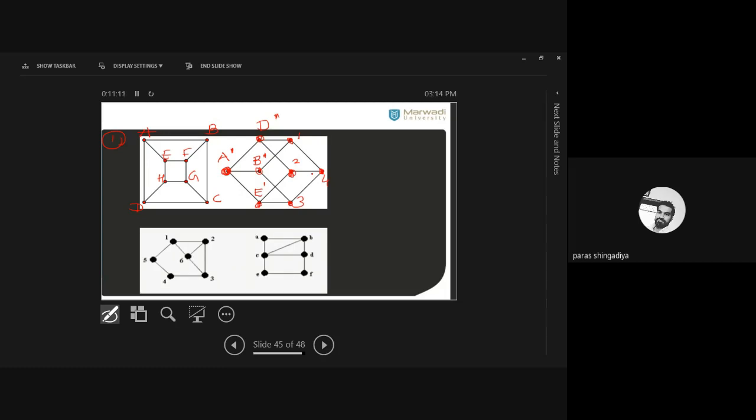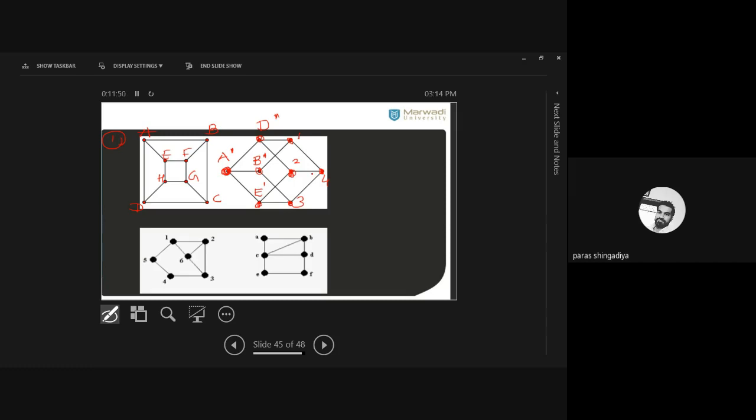Okay. So here which place can we consider? If I put C dash at the place 2, then it is not correct. Why is it not correct? Because this vertex will be adjacent with E dash and D dash, and here C is adjacent with B, D and G only. Clear? So the second place is not a suitable place for C. If I consider the third place, if I put C dash here, then it is also not suitable because this vertex is adjacent with E dash, B dash and this vertex. Clear? So which place will be the place for C?